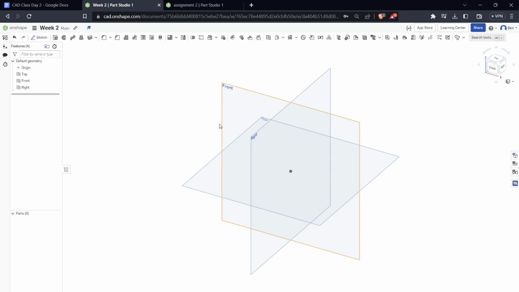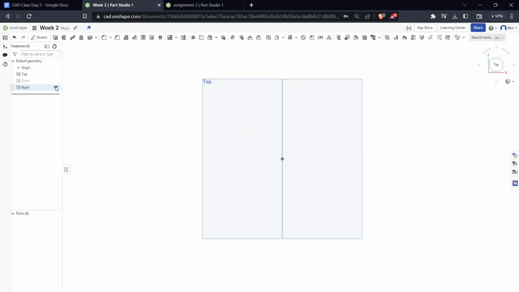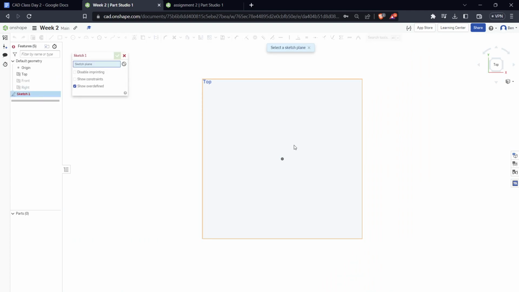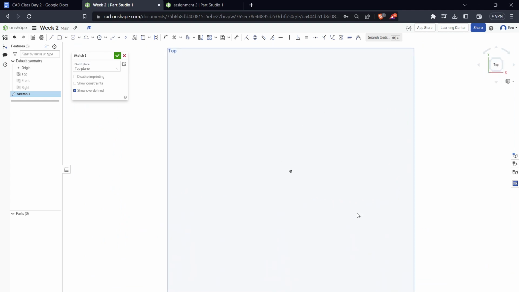Alrighty guys, welcome to lesson 2 of the CAD class, and here I just want to spend some time talking about constraints, especially in sketches. And to start off, I'm just going to make a sketch on my top plane, right? Got my sketch, I'm looking directly face down at my top plane, and let's say I want to make a